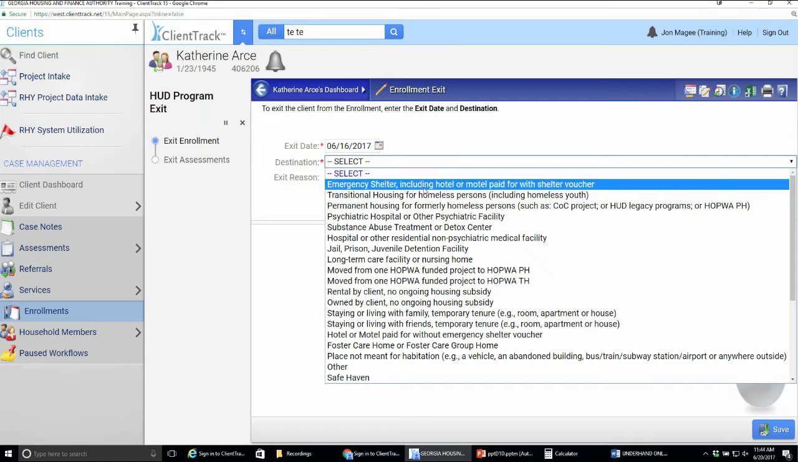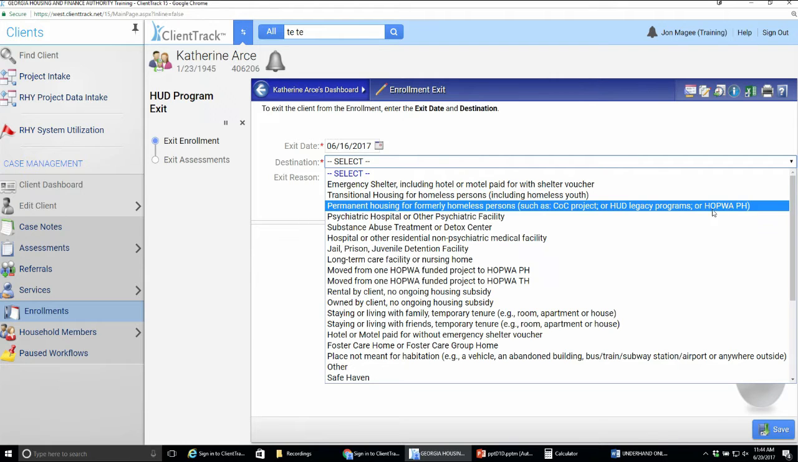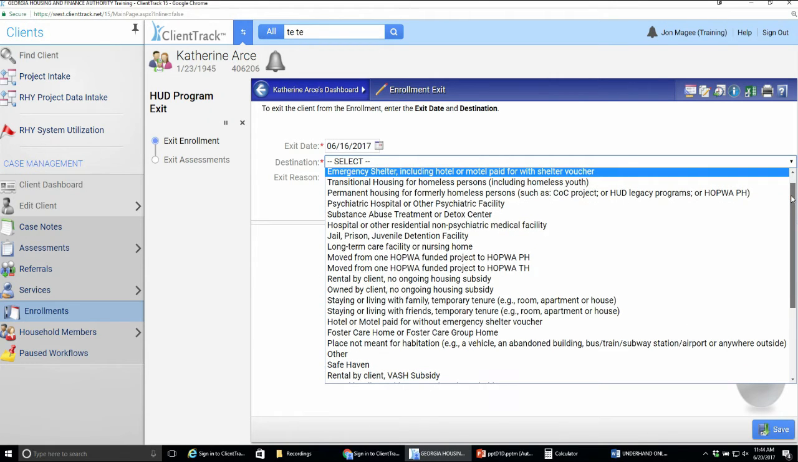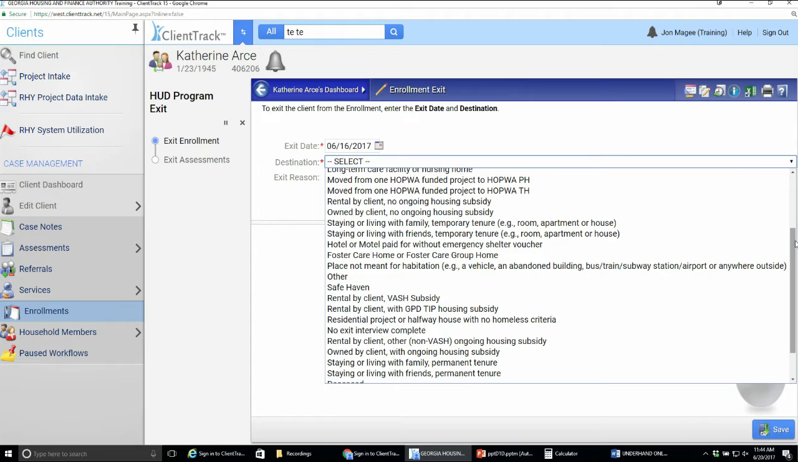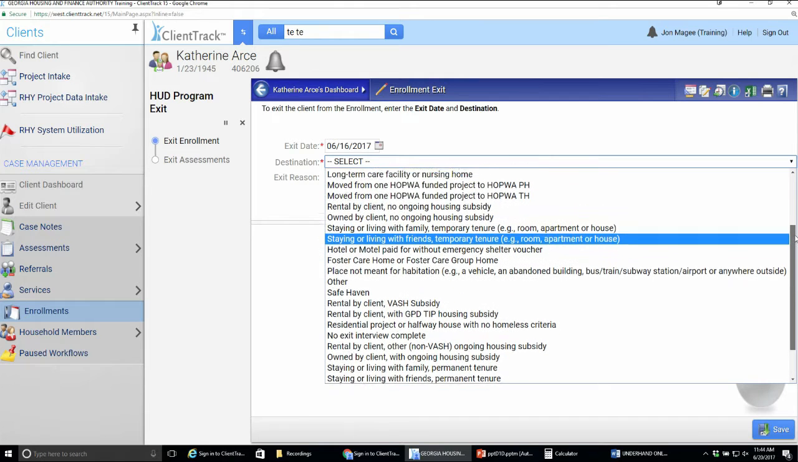Next question is going to be destination. I definitely recommend that you get familiar with these different destinations, as some of them are closely related, but they are different. And so as you get more familiar with it, you will be able to record the most accurate